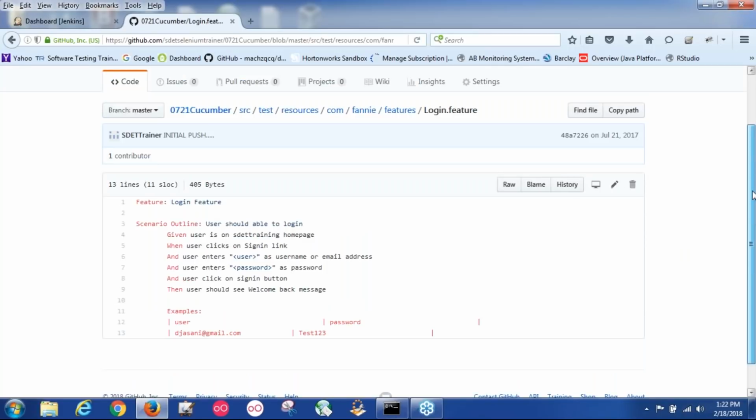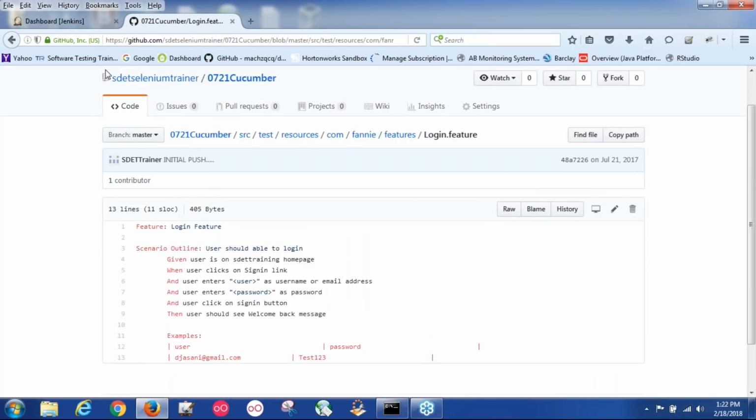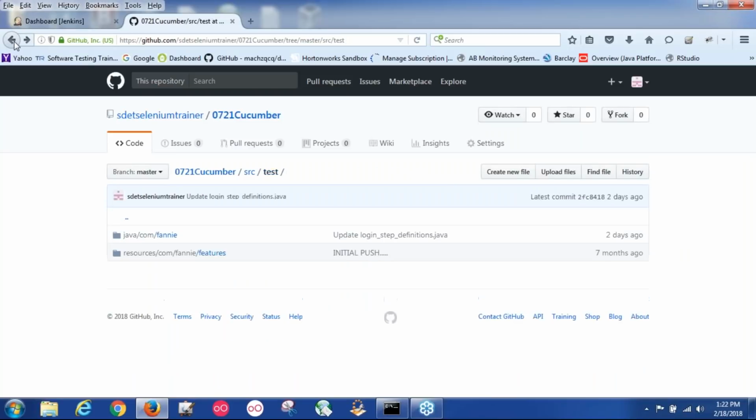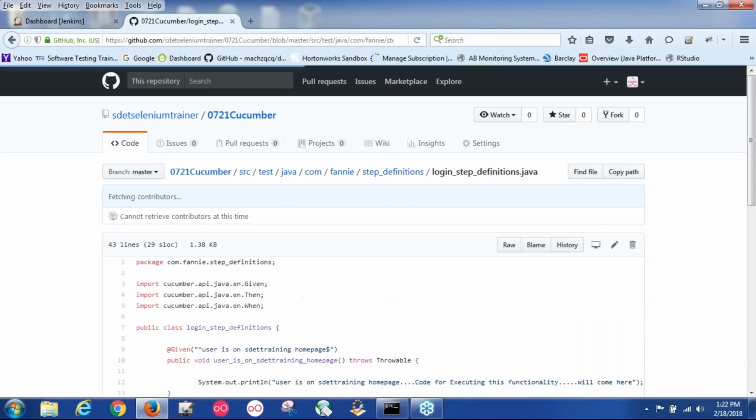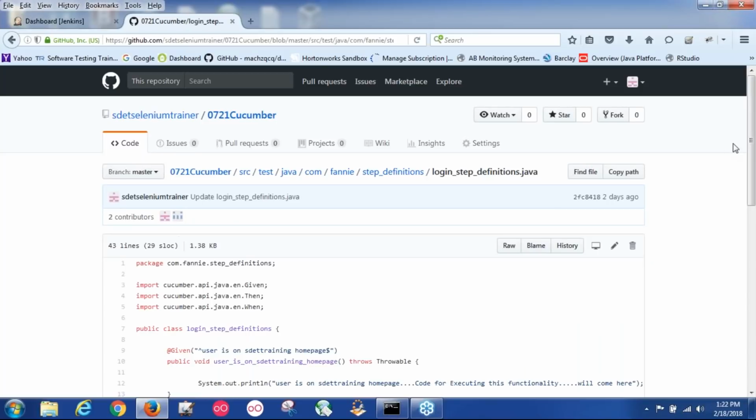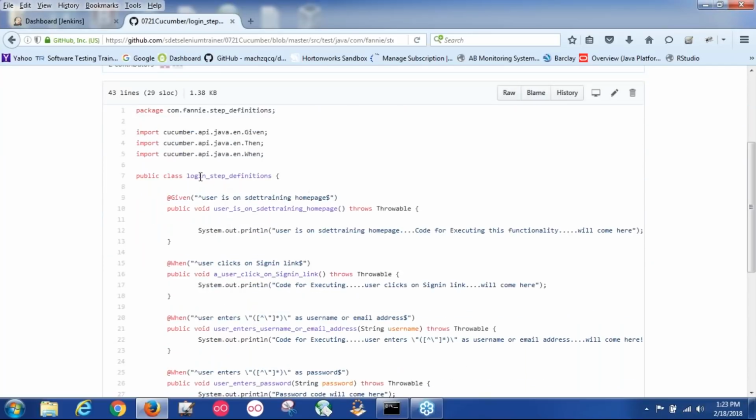All right, so that's your login feature, and as far as the step definition is concerned, you would be able to find it over here. In the step definitions, I have basically implemented that particular feature. So it's a login feature that I have implemented by having a step definition. So for each